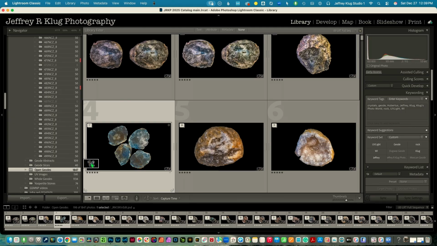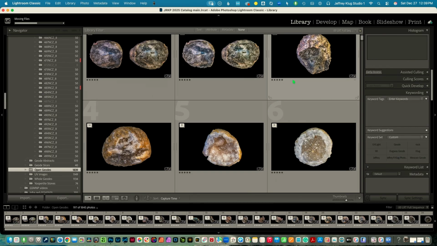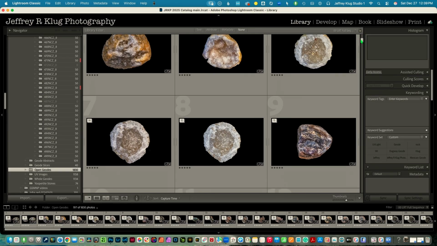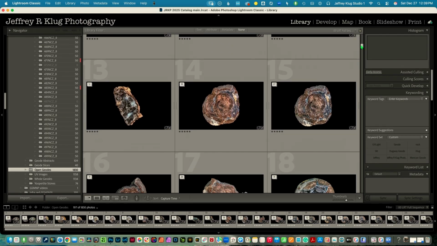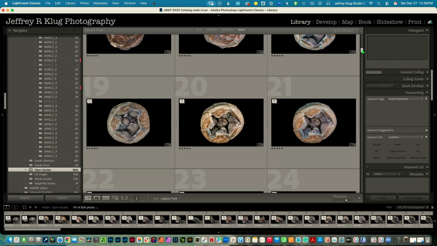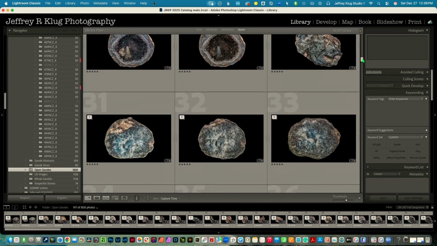Boy, I really sort of messed up on some of these. But let me show you the rest of what I've got. I've got quite a few different rock images. Like I say, there's a lot of different shapes, colors, different types of crystals,